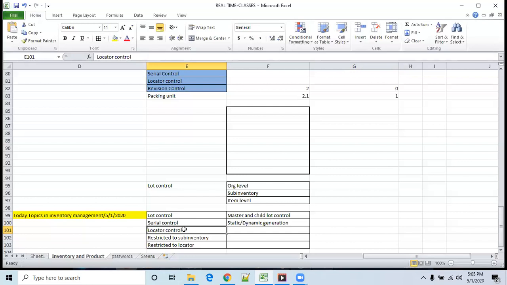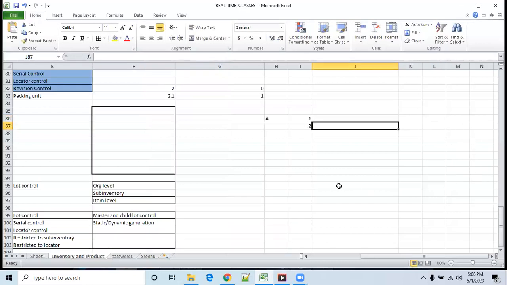So what I mean to say is, for example, we have an item A, having revision 1 and revision 2.